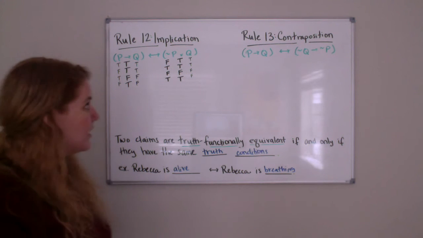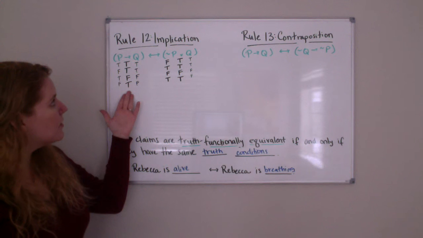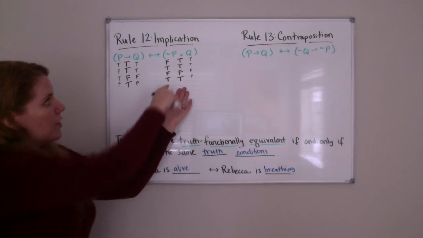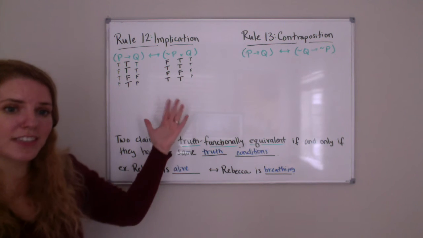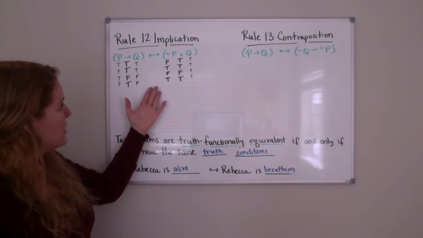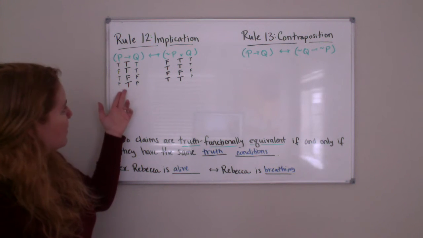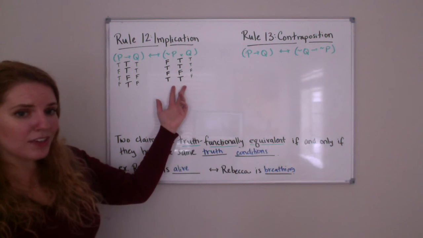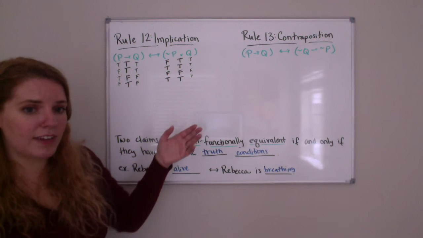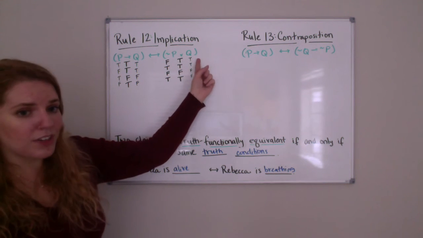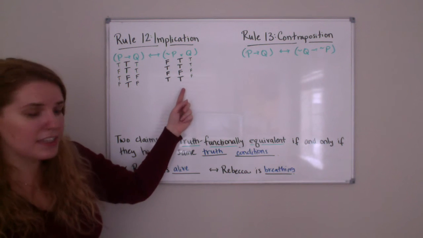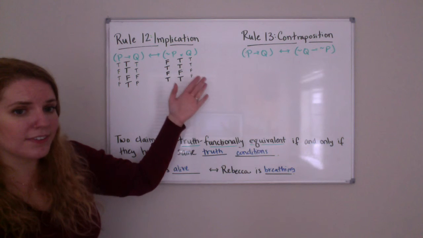Okay, so now we see here that our claims for if P then Q and our claim for not P or Q are truth functionally equivalent because they have the same truth table. This means that if P then Q has the same truth conditions as not P or Q, or that if P then Q is true in all the situations that not P or Q is true in, and if P then Q is false in all the same conditions that not P or Q is false in, and